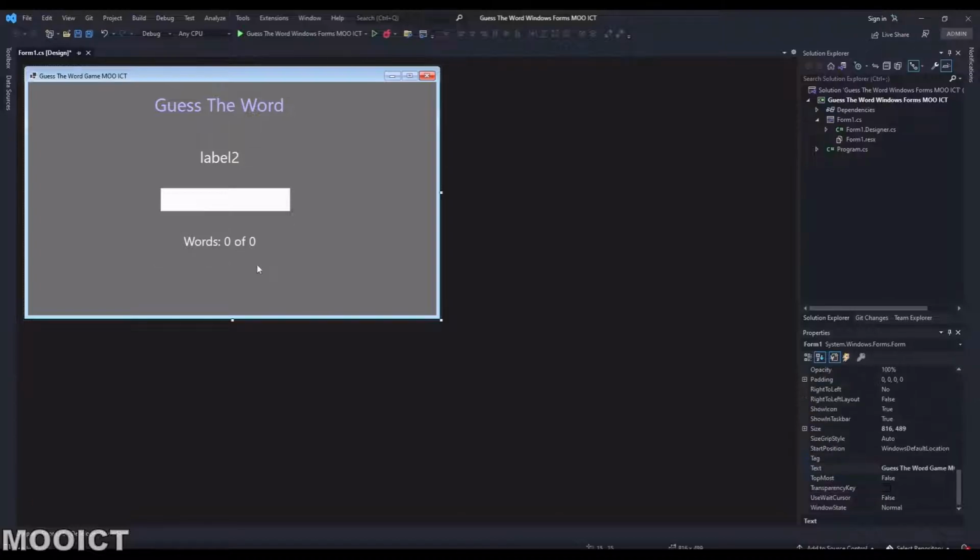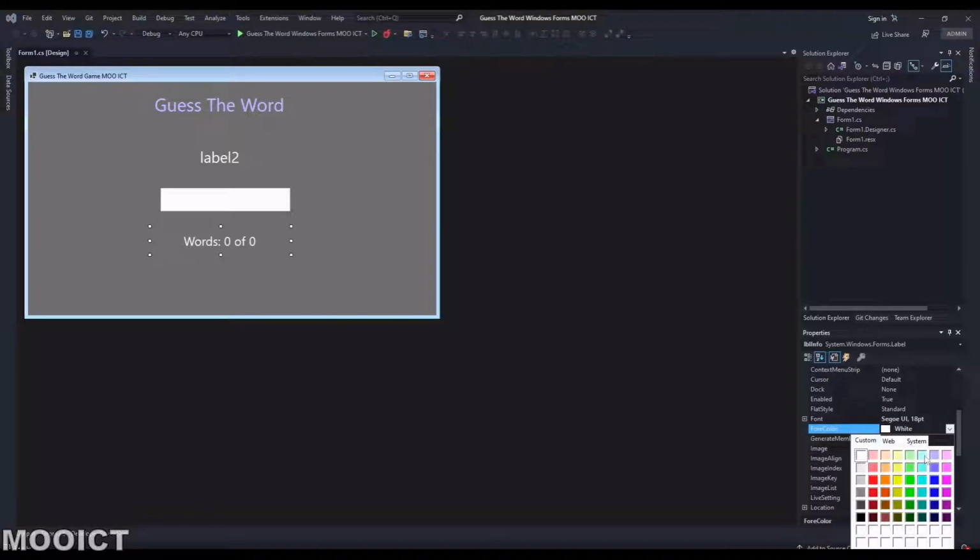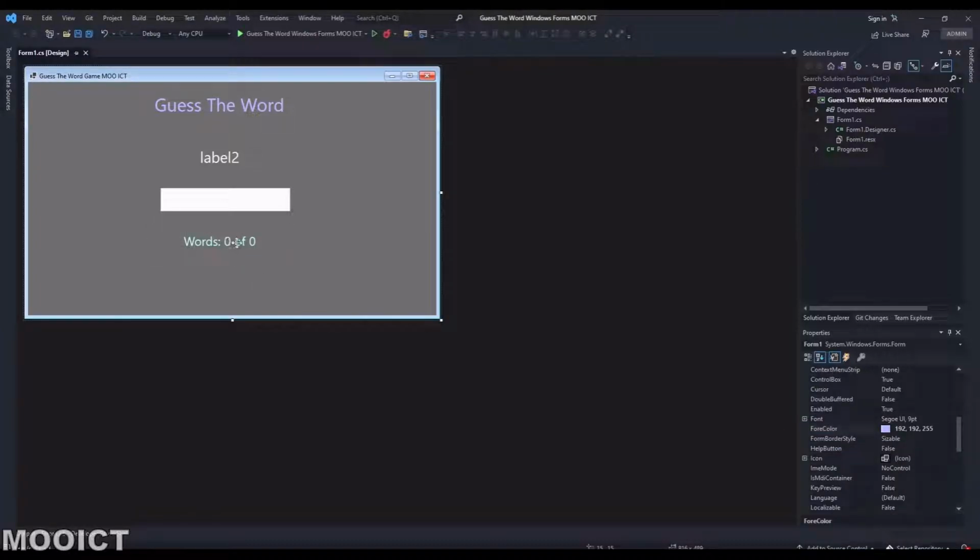Okay, and I want to also change the color of this one to something like bluish. Yeah, like that would be nice. Okay, and we also need one more label to go on the side of there to tell us how many times we guessed the word. I'm just going to drag and drop this one again. So I'm holding control again, and I'm just dragging the words label to the side there. Okay, and I can just make it slightly smaller to match with the